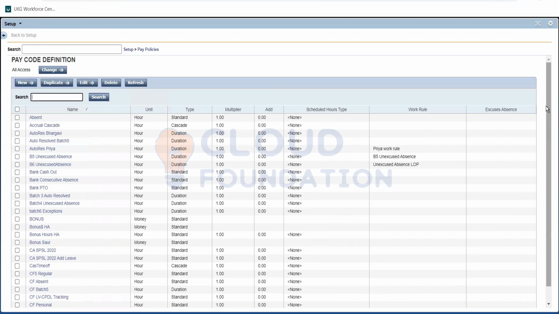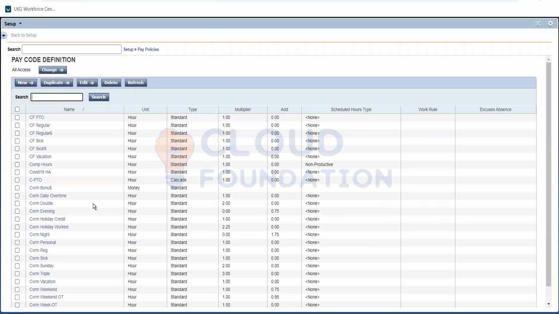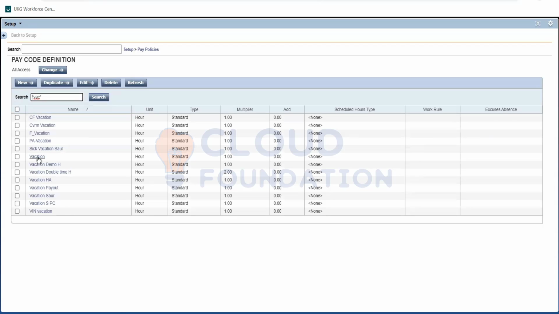So let me pick up a pay code. Usually when we are using the vacation accrual, the pay code name will also be vacation. It's a simple, normal pay code. Just for taking vacation, we need a pay code from this list. So we'll go with the standard one,